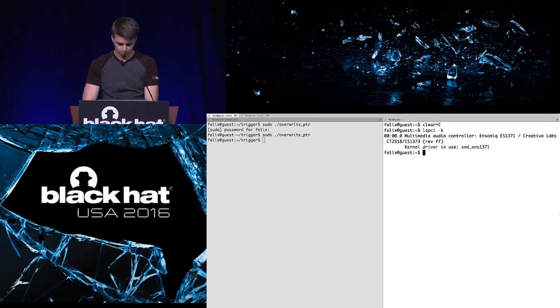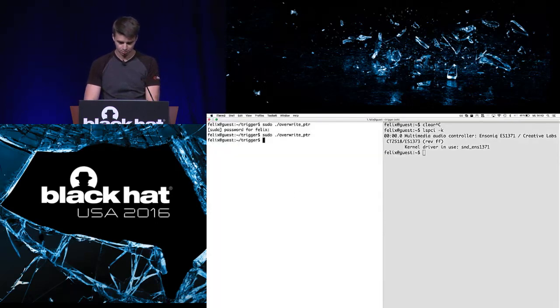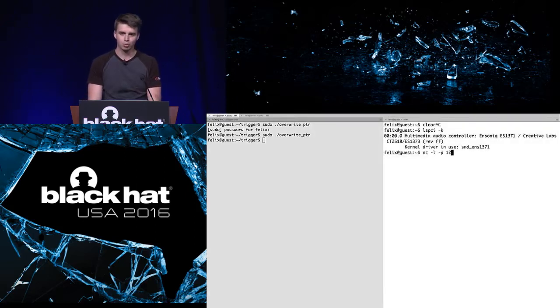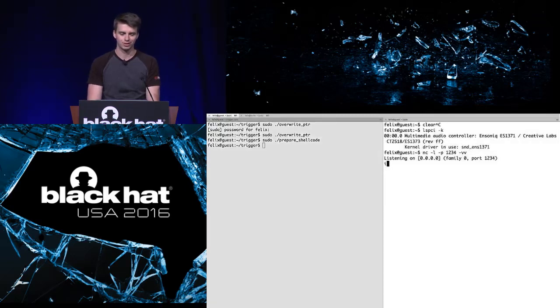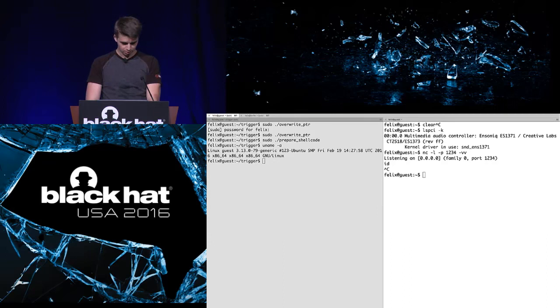Let me check. And now I'm going to open a reverse shell listening here and do the sudo prepare shellcode, and hopefully, that's normal. My exploits are always shy. They work in the hotel room, but never on stage. So it didn't trigger correctly. I'm also more or less over time, so we do the quick backup. I have a video of it. So sorry about that, but now you can see